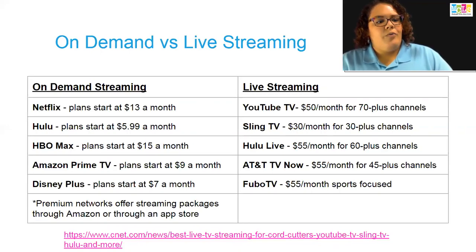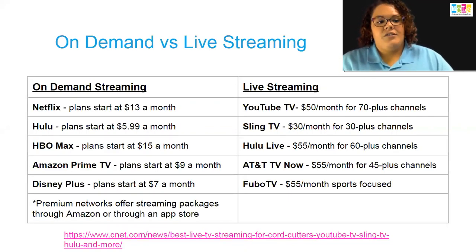And then there's HBO Max, which is also new, and it's still kind of in the starting process. Right now it starts at $15 a month. If you had HBO Now before, they're still working on getting with other people. So if there's shows you want on there, you can definitely get that one. And it has a lot of content.